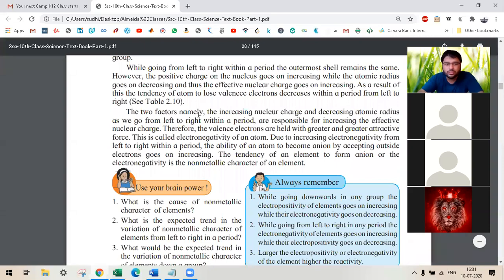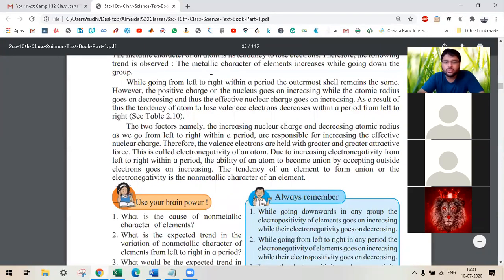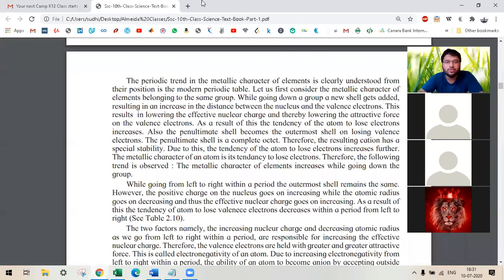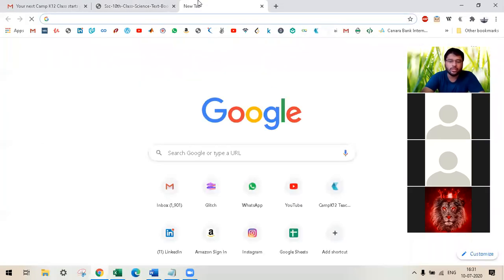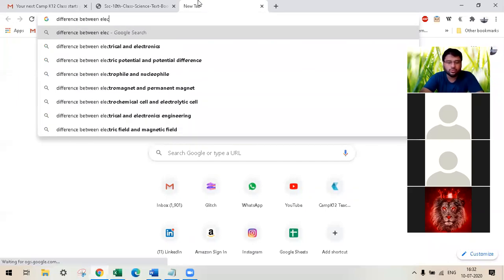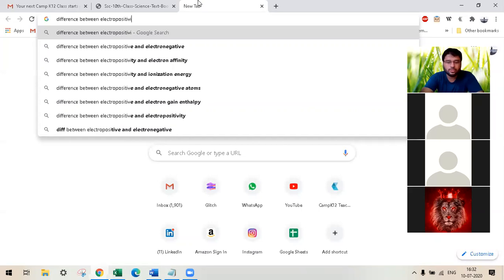The valence electrons are held with greater and greater effectivity. Hence it is called. Okay, wait. Okay. What I will do is I will post the answer in the group. Okay. Difference between electropositivity and